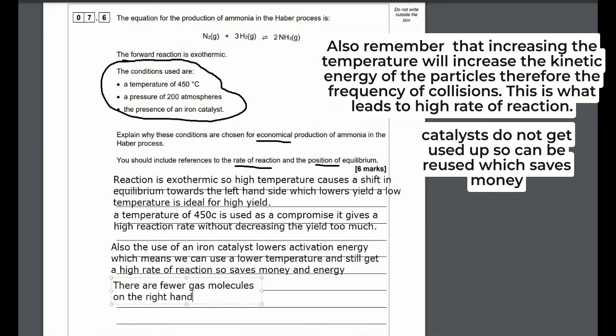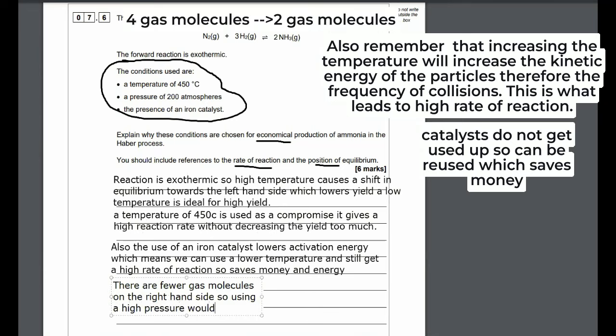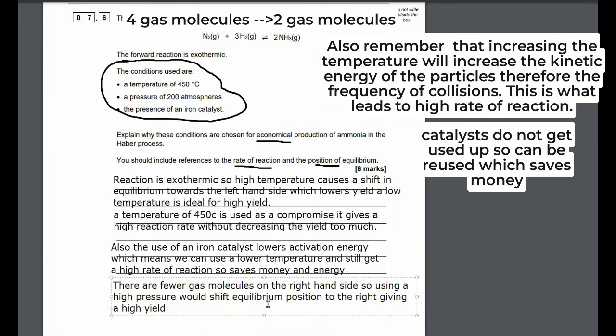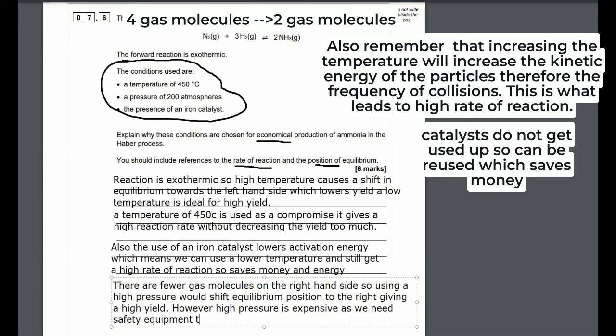Now, when we increase the pressure to 200 atmospheres, why do we do that? There's fewer gas molecules on the right-hand side than on the left-hand side. Look above, there's 2 gas on the right, 4 on the left. So a high pressure by Le Chatelier's principle will shift the equilibrium to the right, giving us a high yield. But also, not just taking yield into account, talking about the reaction rate, high pressure means more particles in the same space. It's like increasing the concentration. So more particles in the same space, which means a greater number of collisions per second or a higher frequency